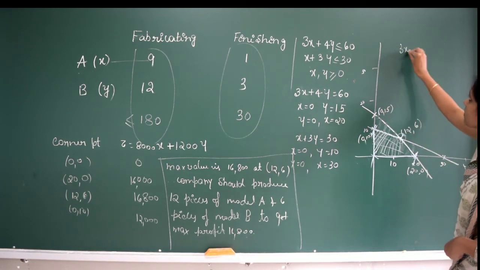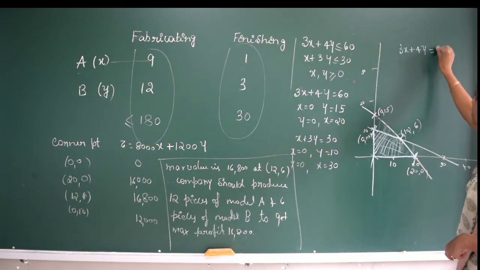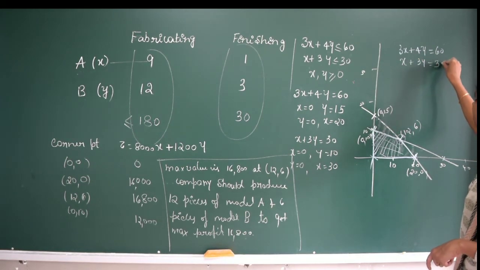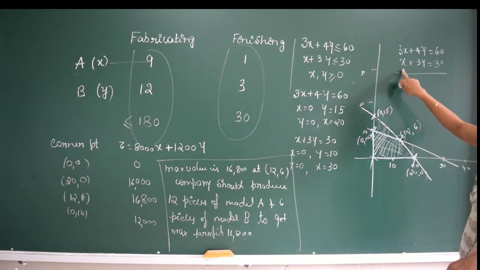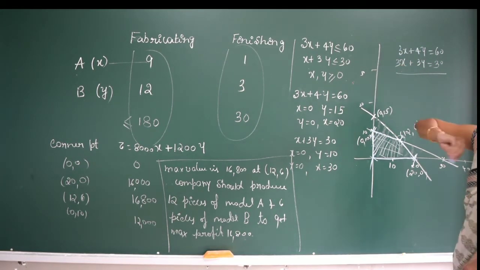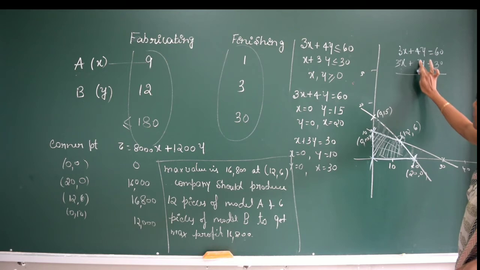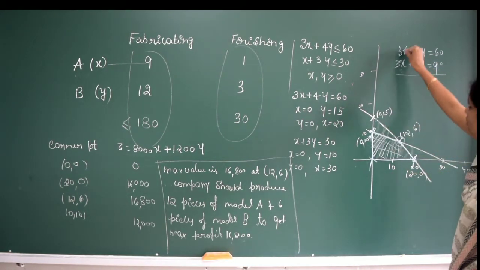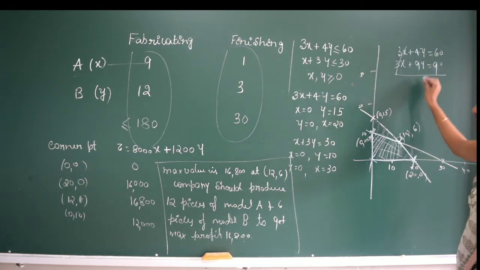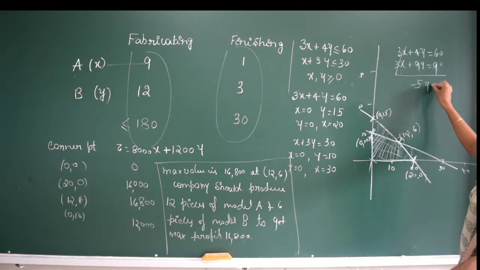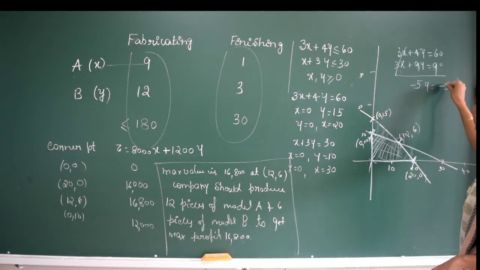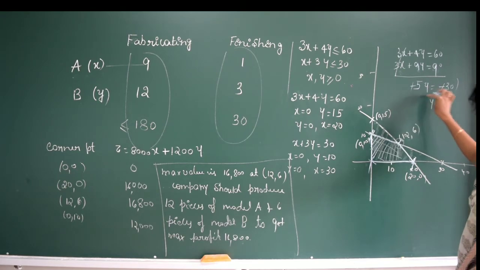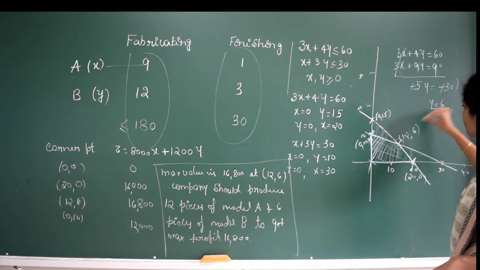See here, 3x plus 4y is equal to 60 is there. Another one is x plus 3y is equal to 30 is there, right? So make the coefficient of x same. So multiply by 3. So if you multiply by 3, this will be 3x plus 9y and this will be 90. So subtract this and the x will get cancelled. 4y minus 9y will be minus 5y. So this is equal to minus 30. So I can cancel minus and minus. So the value of y will be equal to 30 divided by 5. So it will be 6. So the value of y is 6.